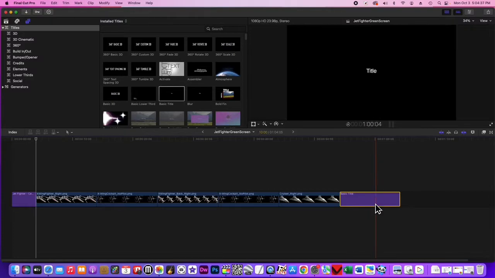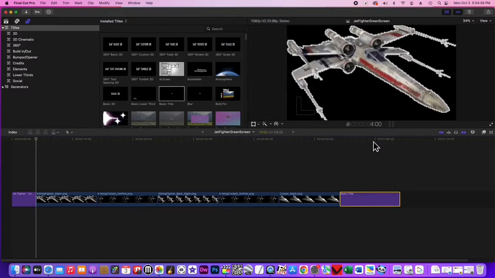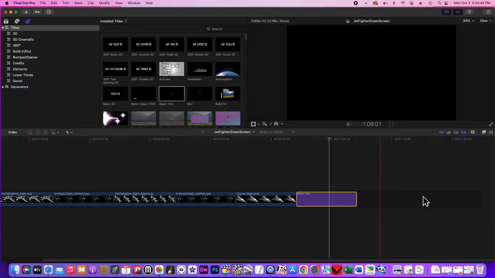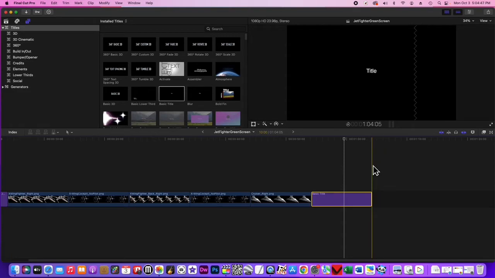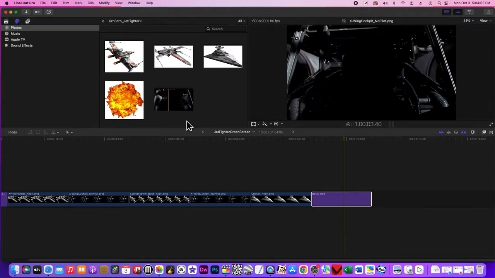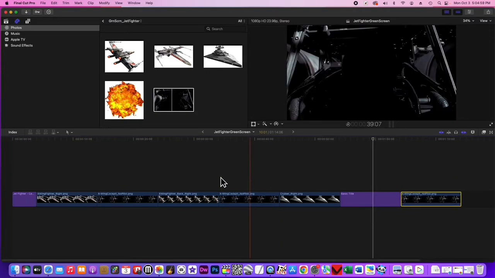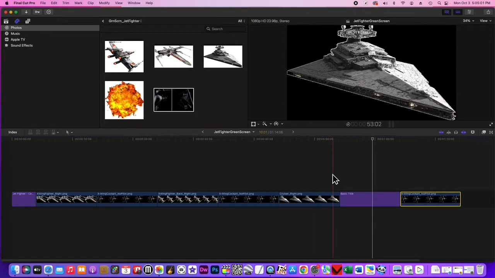I'm going to clear this background here later on. We're not going to do anything to this title. I'll explain how we're going to use it later on. I'm going to go back to my images, click, and the last thing I need is the cockpit again. Click, hold, drag, and now I look at my timeline and we're completely set up to go ahead and start